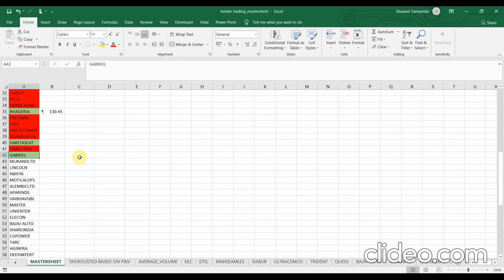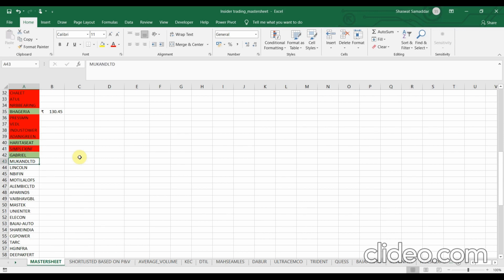Just because I mark these stocks green does not mean that I will go straight away and buy it tomorrow. I have to do some further analysis, and I will explain it when I'm done color coding these stocks. We would have to see the volatility in this particular stock, what price points we should take an entry at, and check the percentage delivery. I would explain everything till the entry and exit points.